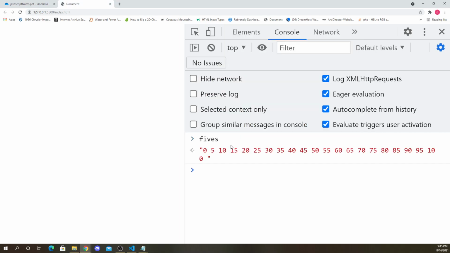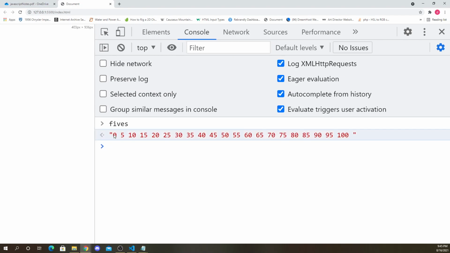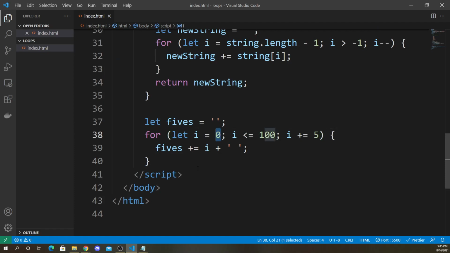Fives. Okay, so now it does count all the way to 100. If I want to count backwards, what do I do? I say i equals 100 instead of i equals 0, and I say while i is greater than or equal to 0. And also be careful here. If you end up with an infinite loop, your browser will crash, you'll have to close it. But right now, if I left it like this, I'll crash it because